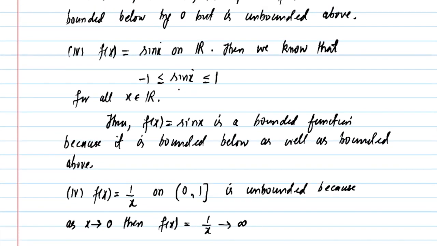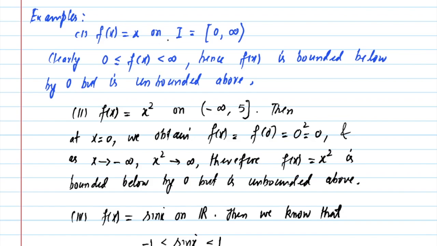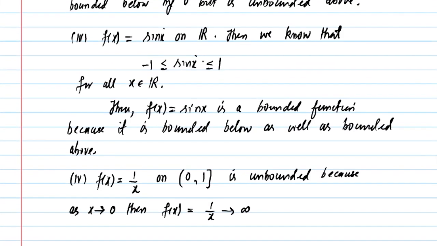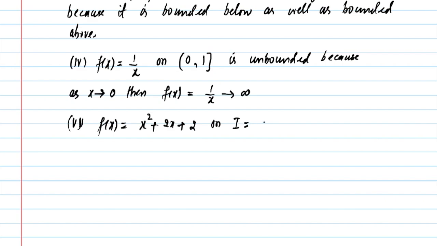F of x equal to sin x is bounded. Similarly, x squared is unbounded on this interval, and e to the power x is unbounded on 0 to infinity. Now let's take one final example here. So we can define a function. Suppose f of x is equal to x squared plus 2x plus 2. Suppose this is defined on the interval I, which is a finite interval, suppose minus 2 to 3, then